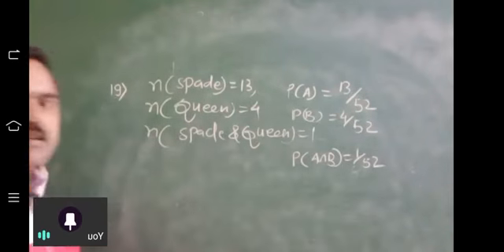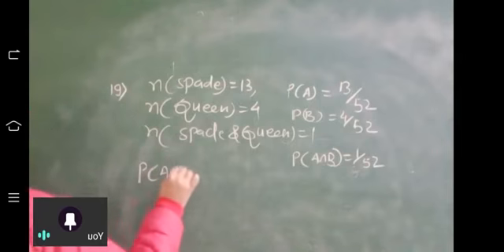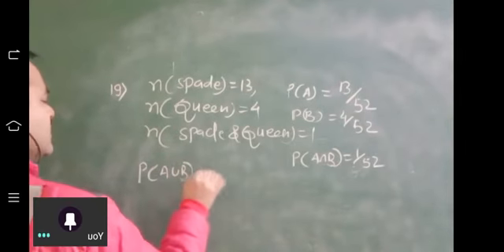We have found this in the previous question. Now the probability of A union B equal to